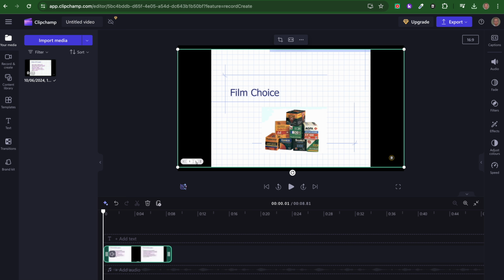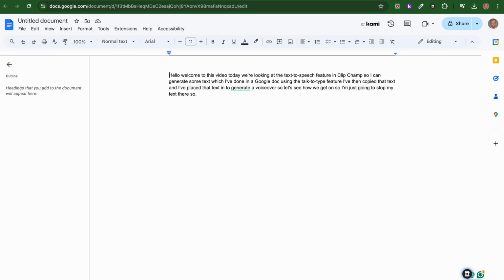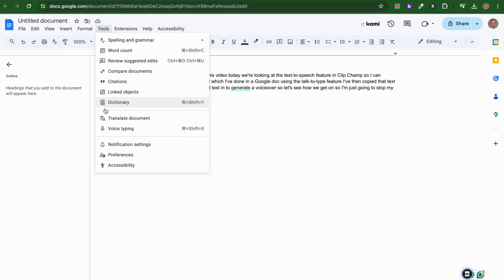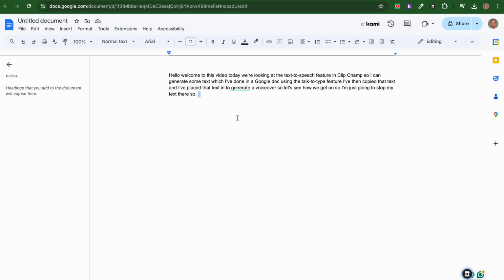Alongside that, I can use Google Drive or Word. In Word, I can use the dictate feature. In Google Docs or Google Slides, I can use the voice typing feature. So I've recorded a bit of text there. It doesn't relate to the presentation, but it could do just for this example. So I'm going to grab that. I'm going to come back to